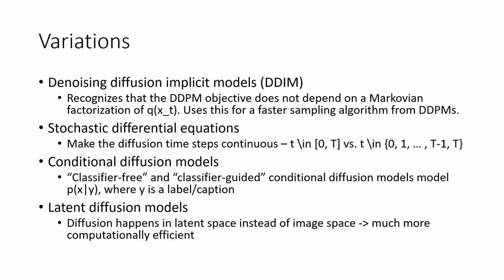There's nothing in that formula that says that we need to directly go from x sub 2 to x sub 3 to x sub 4, etc. And they show a way that we can skip steps in the reverse diffusion process. And the amazing thing about this is that you can do it using a model trained on a Markovian forward diffusion process. So basically, you can take an already trained diffusion model and sample from it 10 to 100 times faster without any changes to the model.